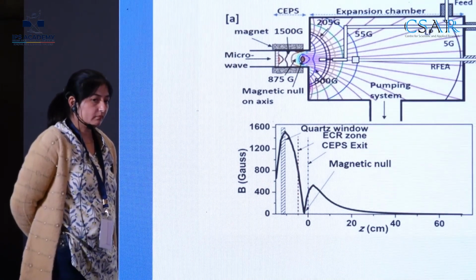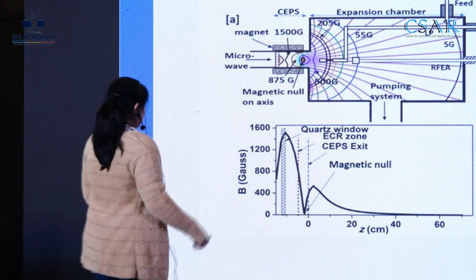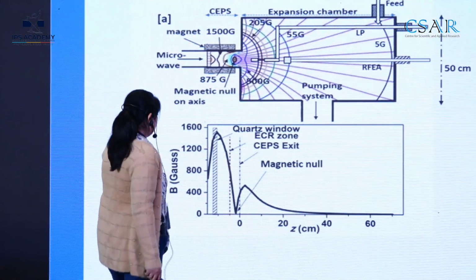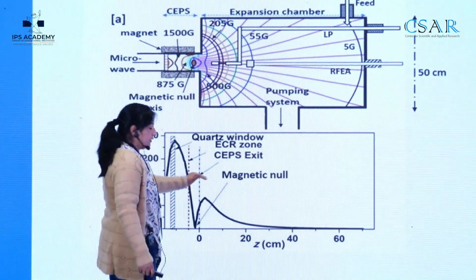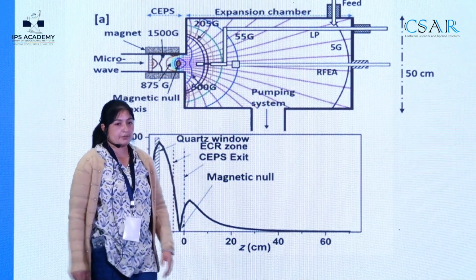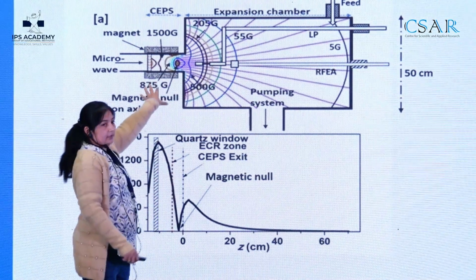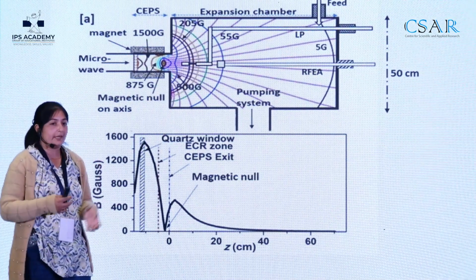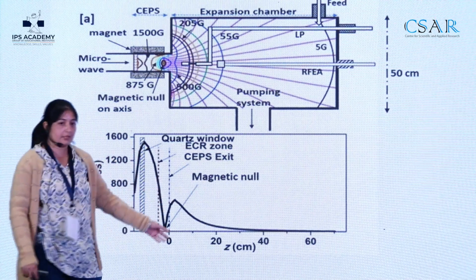Very good. Actually, I tried another configuration where we utilized stronger magnets, and then this peak was comparable to the ECR zone. But then the extraction of the plasma was difficult; it remains there. Very interesting. They are permanent magnets, so we don't have much flexibility in designing them, but what we have was working fine.